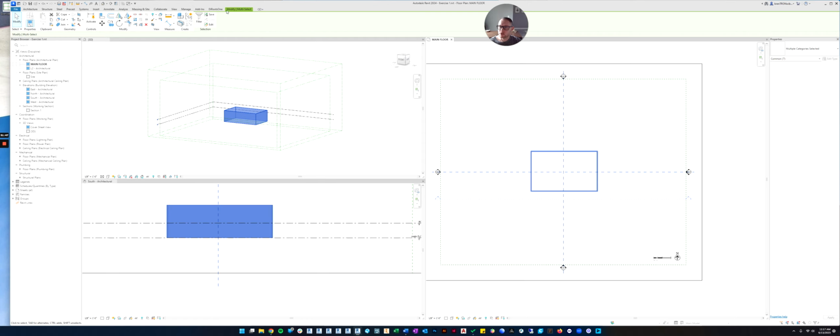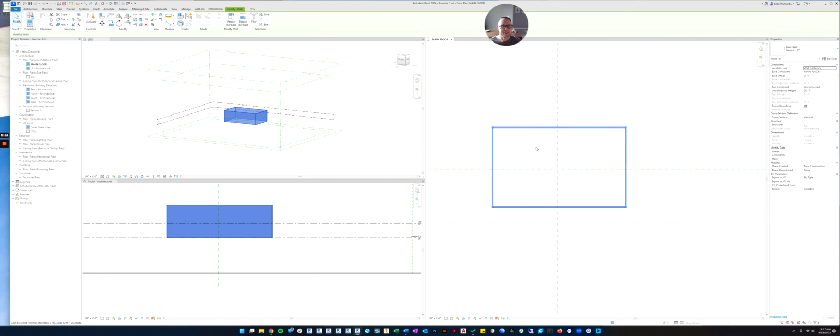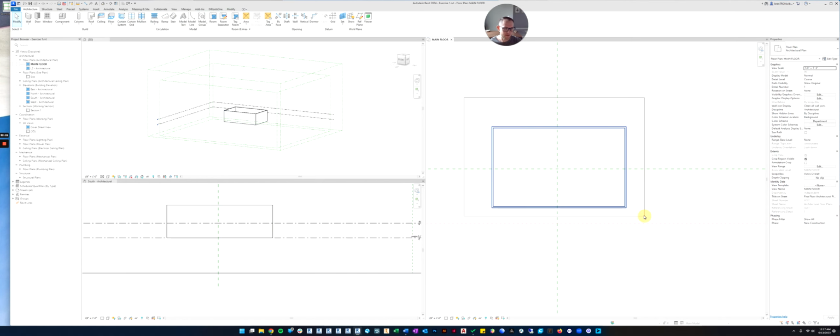So if you come up here to the modify command, there's this little thing called filter. If you click that, it'll tell you all the types of things you've selected and you can filter them out. So I didn't mean to get the reference planes and I didn't mean to get the views. All I wanted was my walls. So if I only select the walls, I can click OK. And now it gets rid of everything else and only my walls are selected. Sorry, that was a little bit of a detour about selecting, but it's a critical skill that you should have as well. All right, so let's grab all 4 walls.